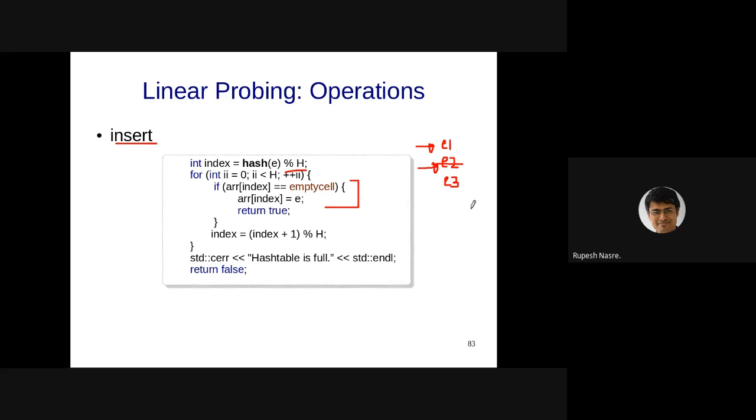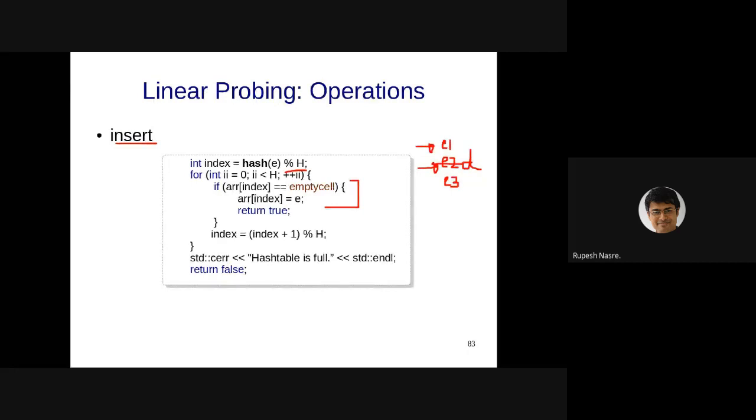So you can have an early exit by marking this as not an empty cell, but maybe a deleted cell, right? Some other sentinel value. So an empty cell might be represented using int max, and the deleted value might be stored as int max minus 1, something like that, or int min.